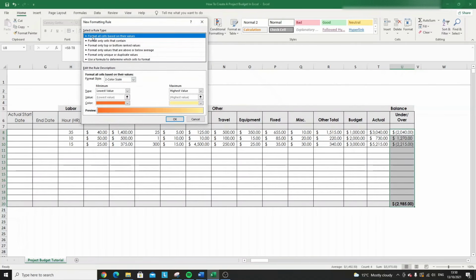Now we want to format all cells based on their values. By default Excel is going to suggest a 2-color scale, but I would actually recommend for this particular column the 3-color scale. What this is essentially doing is giving a scale of colors, depending on the value found within the cell itself. So the minimum value will be in a red or any color you choose, midpoint a yellow, and a maximum a green. Now for a budget, the highest value is going to be a positive value, so that's a good thing. That essentially means that